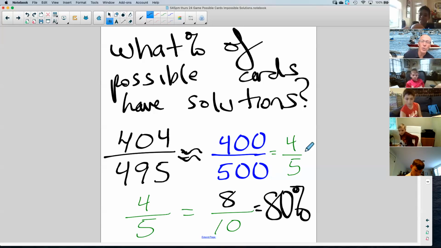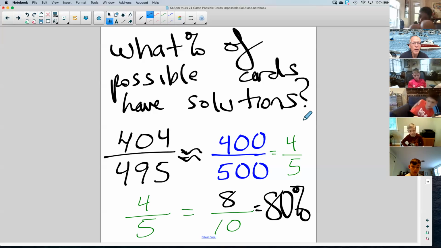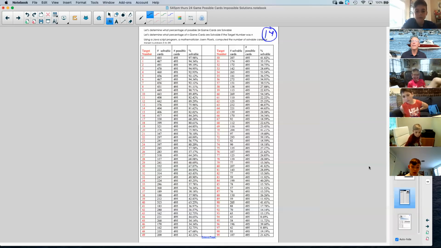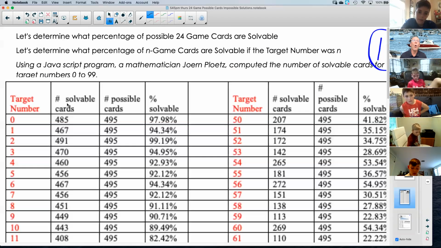So guess what? 80% of the possible cards have solutions. And that's why I thought that they chose the number 24 to make this game. But guess what? I was wrong. Because I found an analysis that shows all the target numbers from 0 to 99, and out of a possible 495 cards, how many